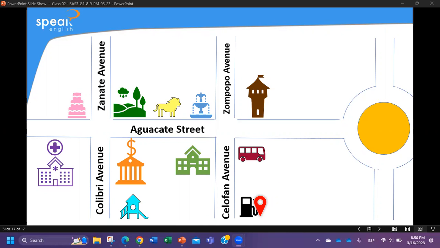Go straight, because as you can see, if I leave the gas station, the very first thing that I'm going to see is Cellophane Avenue. So from the gas station, go straight on Cellophane Avenue. No in, no at, on, okay? So go straight on Cellophane Avenue. That is the first step. Go straight on Cellophane Avenue, then